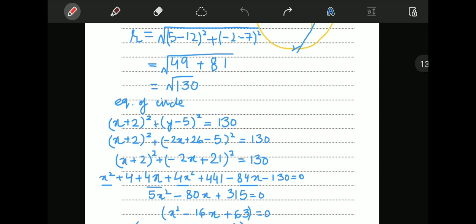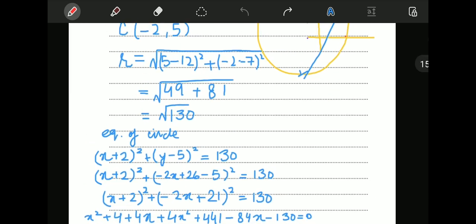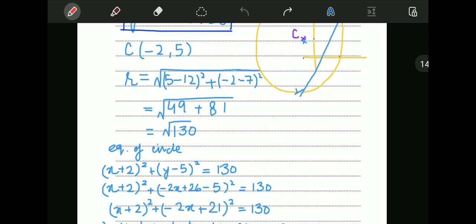So the equation of the circle is going to be (x minus a) square plus (y minus b) square, and we know that a and b are the coordinates of the center, -2 and 5. Okay, so it becomes (x plus 2) whole square plus (y minus 5) whole square is equal to r square. And we know that r is equal to root 130, so r square is equal to 130. So writing this all,